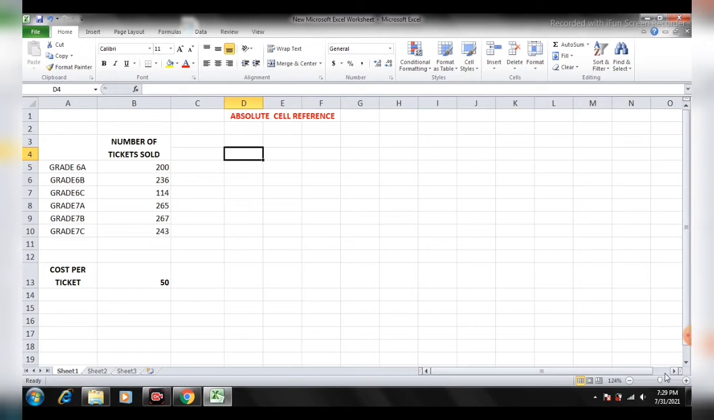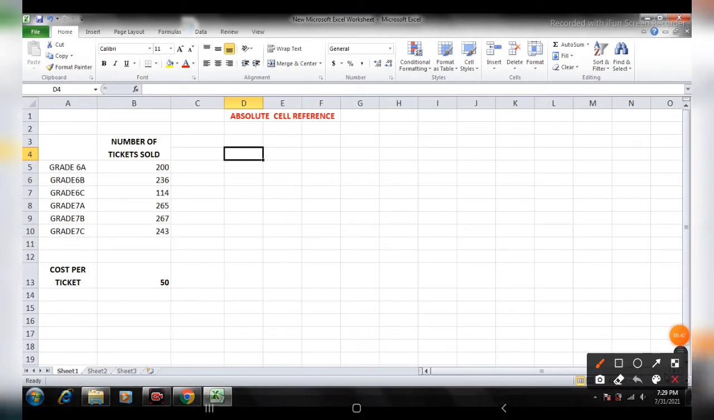Okay? So let us understand with the help of an example. Here I have taken an example of some classes. These are the class grades, which are 6A, 6B, 6C, 7A, 7B, and 7C. This is the number of tickets sold by each of the classes, and here is the amount per